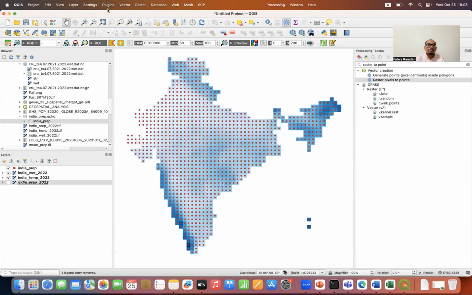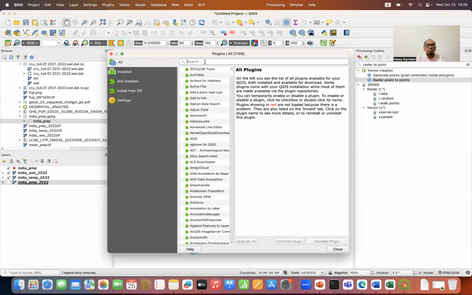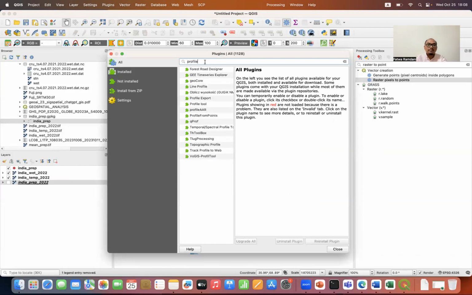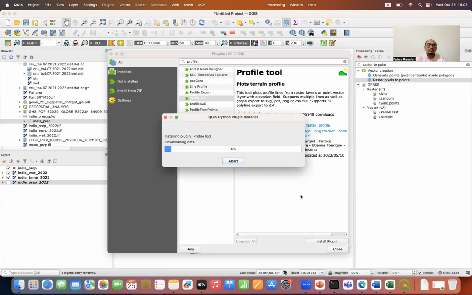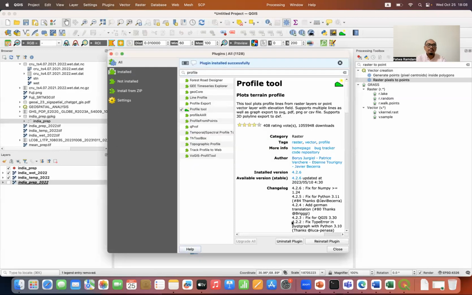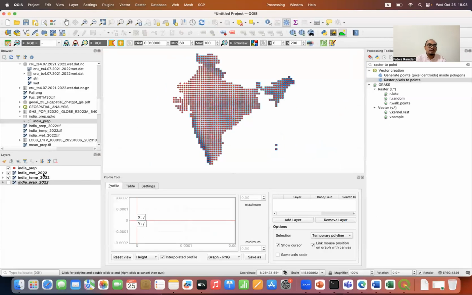How to do this? Go to plugin. We will use profile tools plugin. We need to install first. Manage and install plugin. Just type profile and install the profile tool. Install the plugin. Close, click on this icon, and you may select